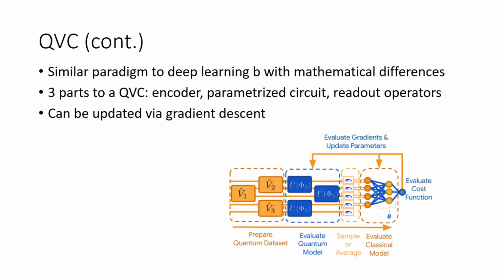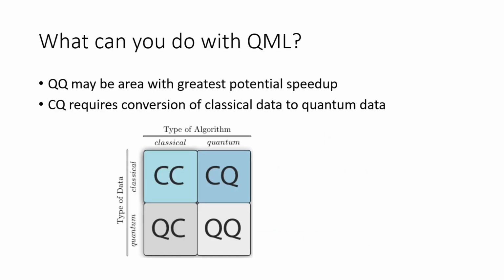You evaluate the parameters that you have, then you extract information from the quantum circuit, and then you calculate a loss function, and you can optimize in any number of ways, including gradient descent, because quantum variational circuits are differentiable, which enables hybrid models. And so what can you do with all of this? Well, there are four different fields